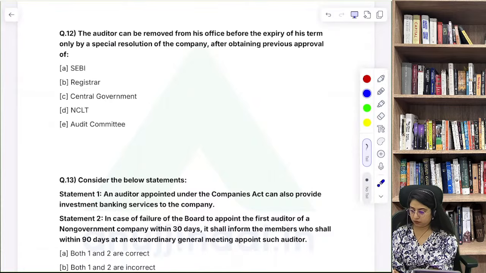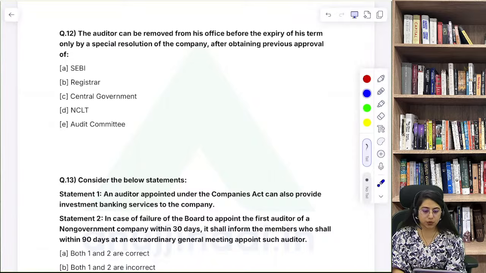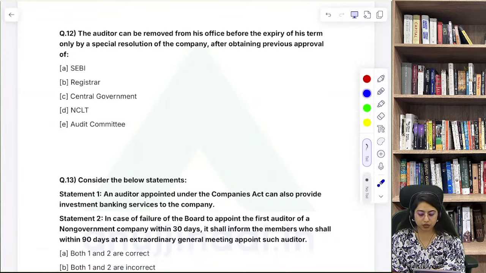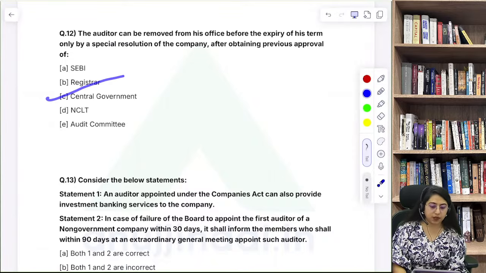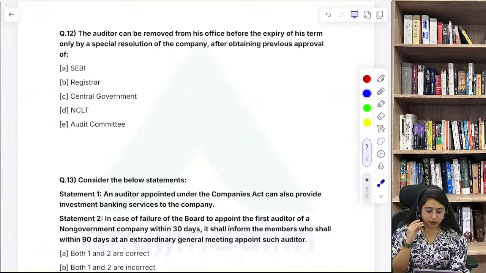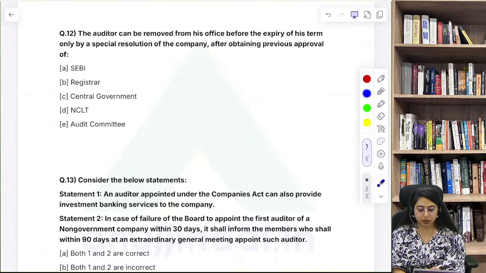Okay, so everybody says 12C, Rahul, Kajal, Anjali. The right answer is C. Please tell me if your doubt for question number 10 is clear. The central government is the right answer. Absolutely correct.